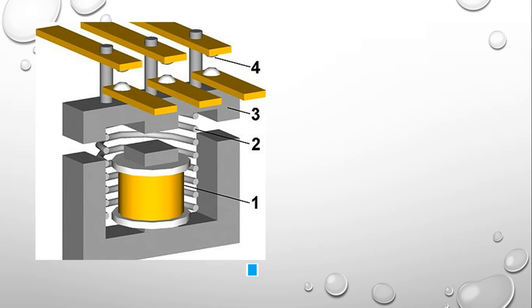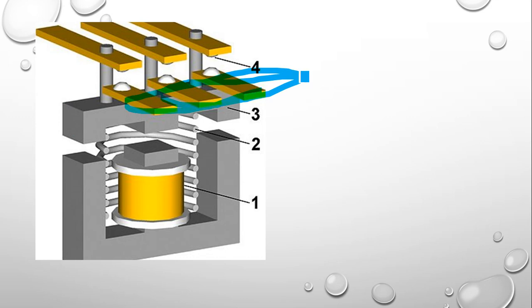Under normal condition, you will be able to see there are two sections. One is the movable section, this one, and this is the fixed part. In the fixed part, you will be able to see a coil is available, and some spring attachments are there which will keep the armature. This is known as the armature part on the top side. With the spring, the contact will always be moved upward, and you'll be able to see the fixed contact.